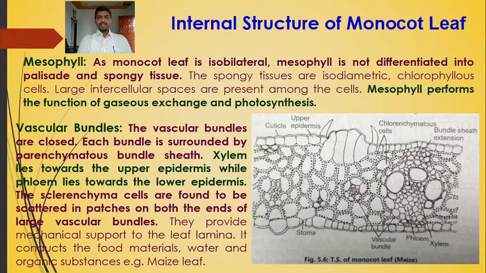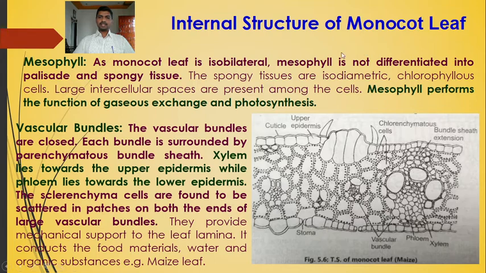The vascular bundle in dicot consists of xylem and phloem. Xylem lies towards the upper epidermis, while phloem lies towards the lower epidermis. Same in the monocot leaf also. Next difference, in monocot the stomata are present on the upper and lower surface of the leaf. In dicot, they are present on both surfaces, but more on the lower surface of the leaf, that is, on the lower epidermis. So this is all about the internal structure of dicot and monocot leaf.